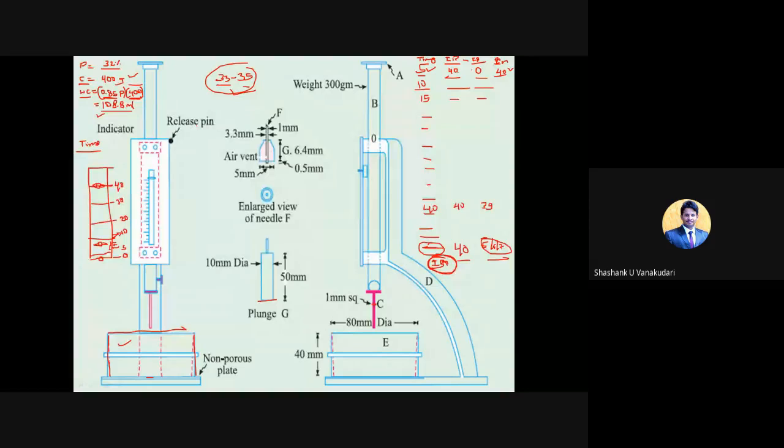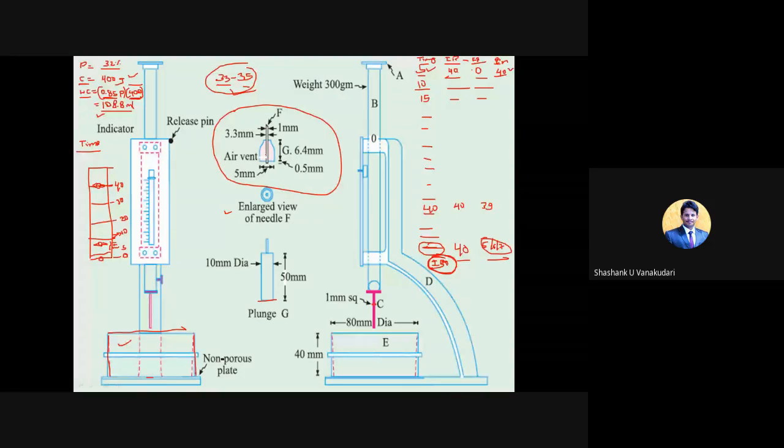That is the application of what we get at the site. And the final setting time will be very easy. Instead of this needle, we will remove it and place this enlarged view of needle. That is this one. Clear? This needle we need to attach to the Vicat apparatus, and the dimensions will be in this way. The bottom diameter will be 5 mm, and we don't have a proper shape for this. This is rectangular and this is circular, correct? But this is the irregular shape we can see. The dimensions have been provided in this way.